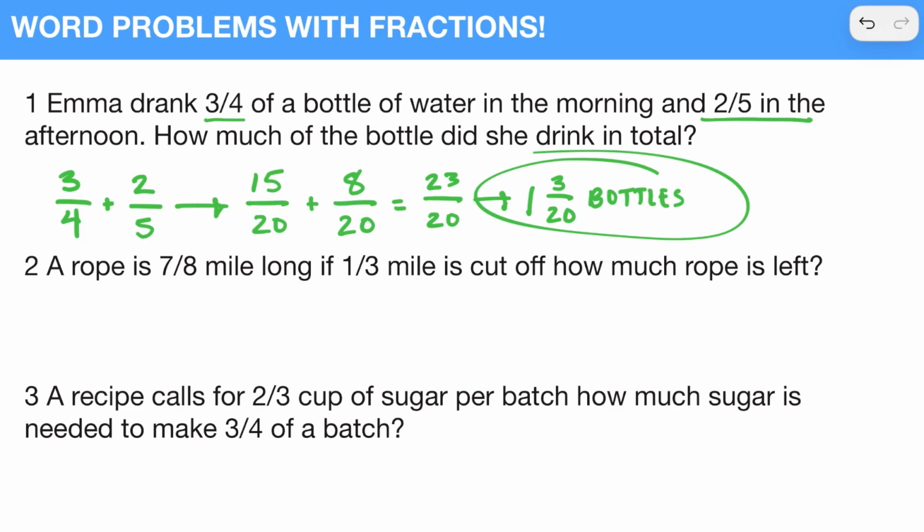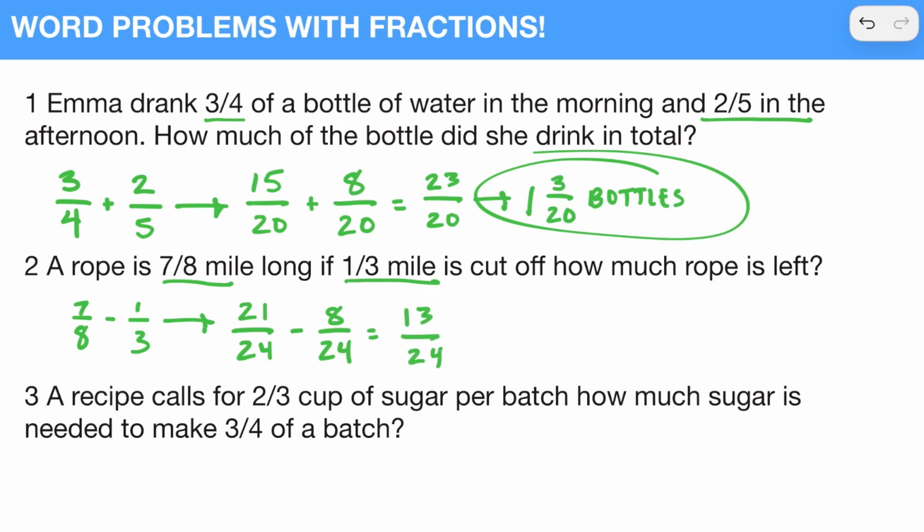Number 2 says a rope is 7/8 mile long. If 1/3 mile is cut off, how much rope is left? So this is similar, but it's subtraction. We're going to do 7/8 minus 1/3. Common denominator is going to be 24, and so this is going to be 21/24 minus, excuse me, it's going to be minus 8/24, and this gives us 13/24. 13/24 is fully simplified, so this is going to be our answer,